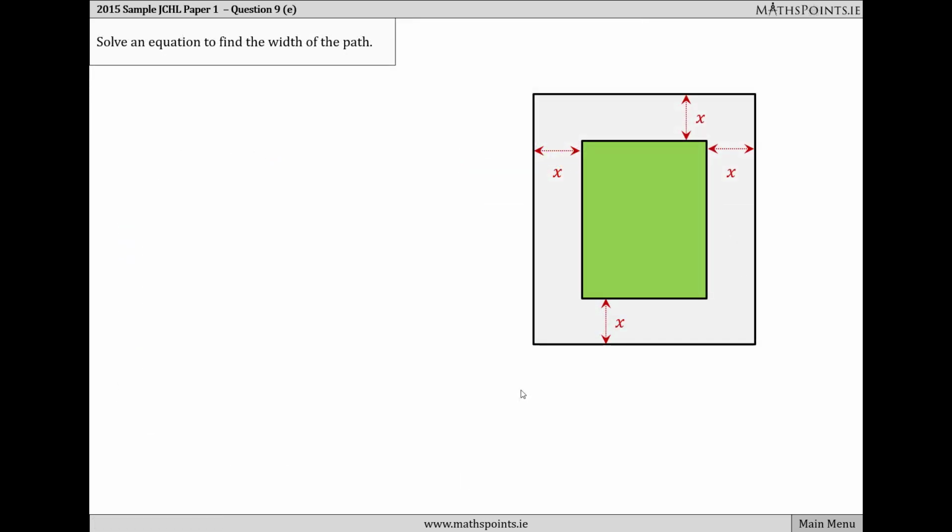Part E asks us then to solve an equation to find the width of the path. Well, both Kevin and Elaine came up with the same equation, 4x squared plus 36x minus 63 equals 0. So this is the equation that we'll use. Ideally, the best way to solve this is by factorising, and we'll do that in a second, but if we